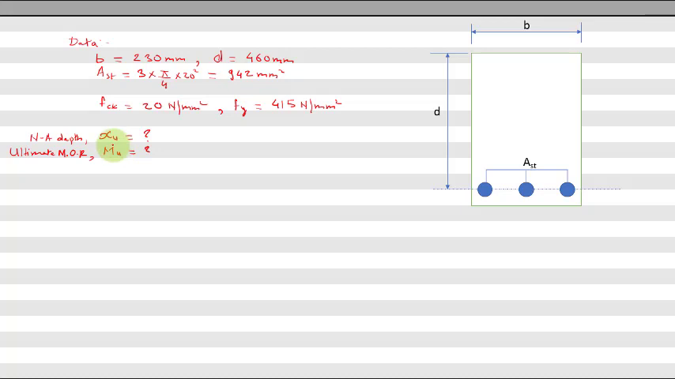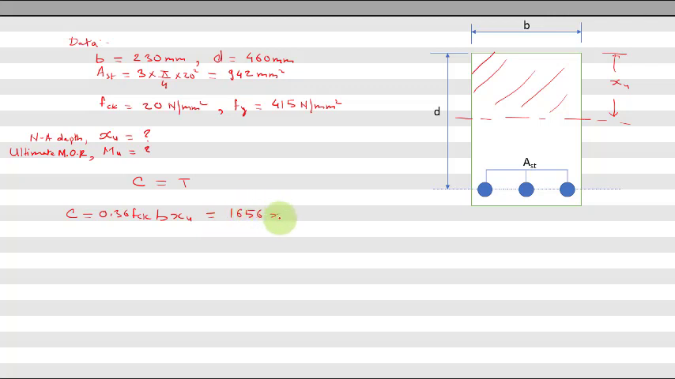Now you have to remember, whenever we want to compute neutral axis depth, what we have to do? We have to equate compression force equal to tension force. So what is the compression force? The average stress is 0.36 fck, and the area of concrete in compression. So if this is my neutral axis, this is the area of concrete in compression, so this becomes B into Xu. If I substitute the value of fck and B from here, we get